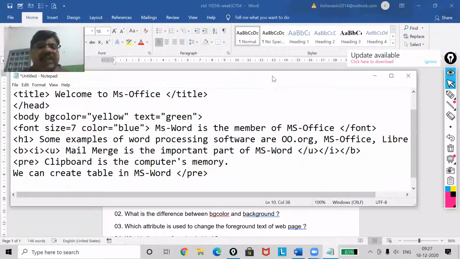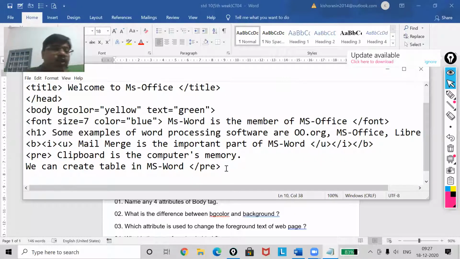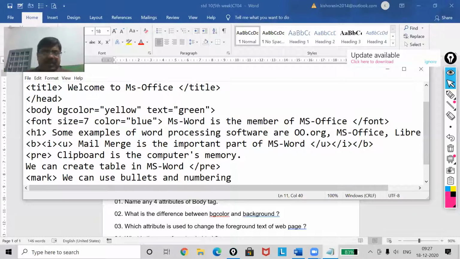Now the next one is mark. If you want to use a highlighter, my dear, then you must use the mark tag. So here I am going to write, we can use bullets and numbering. Now /mark.